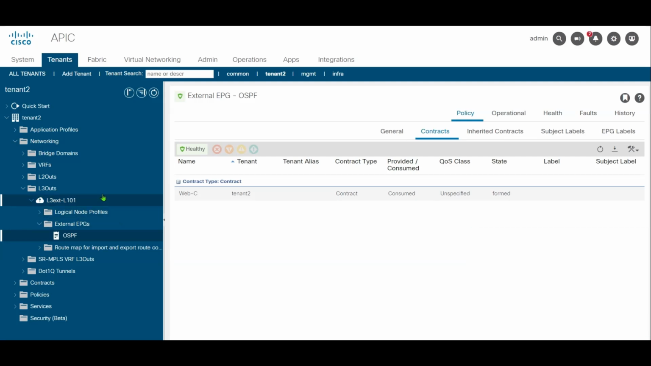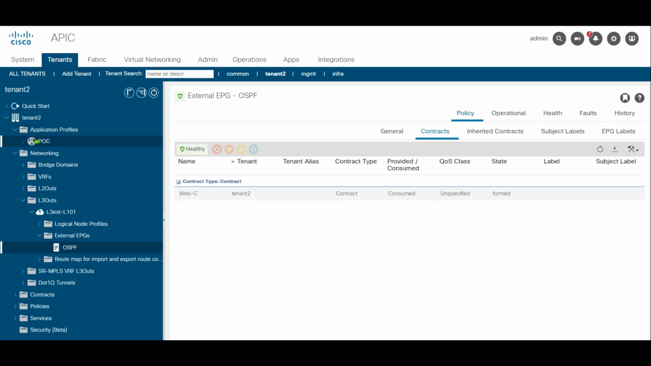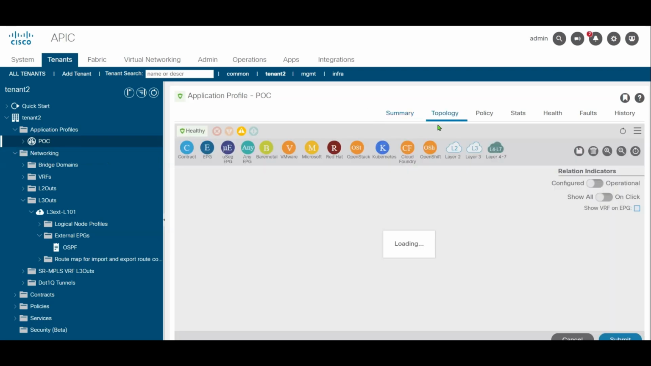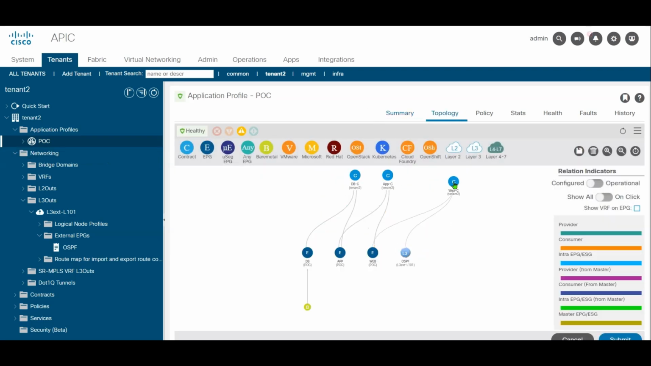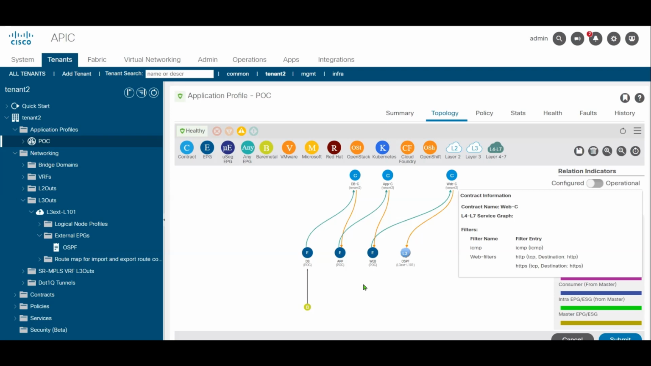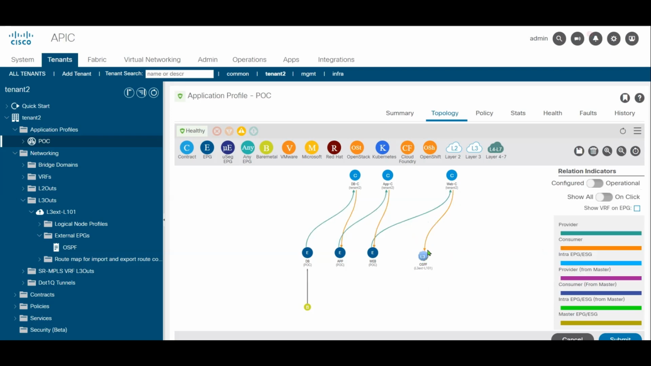Now we can go to the POC domain. Now we have a visualized chart. The OSPF is consuming the web contract into the web servers right here. This is how we connect them together. The contract is not enough. We'll have to